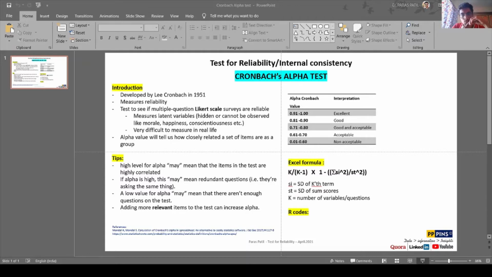The only thing is that the qualitative data needs to be converted into quantitative data in terms of scale, because this test can be performed only on Likert scale data, which measures hidden variables. Hidden variables can be emotions of a person, like employee morale or employee happiness, which are very difficult to record or measure in real life.